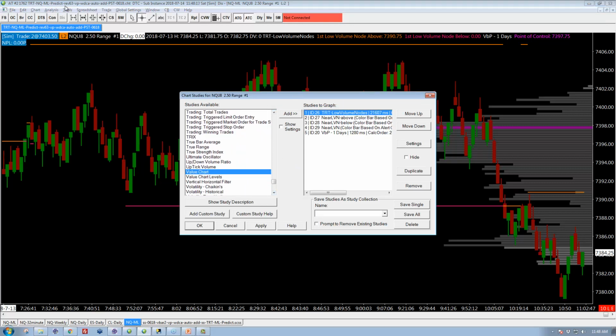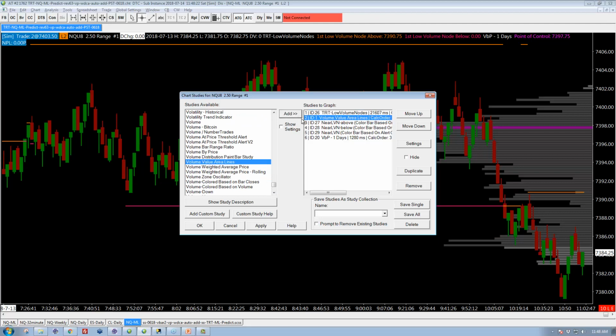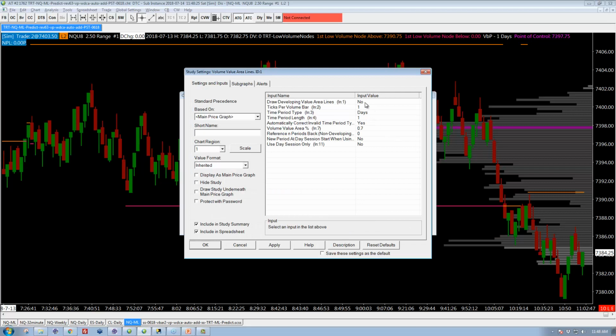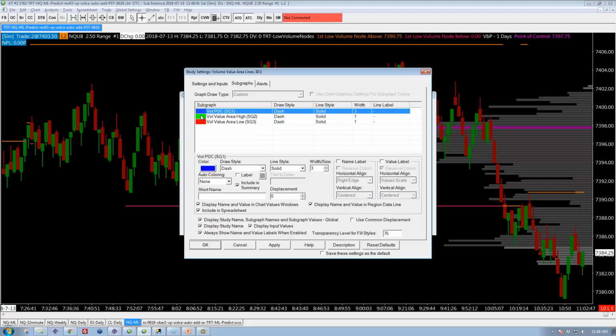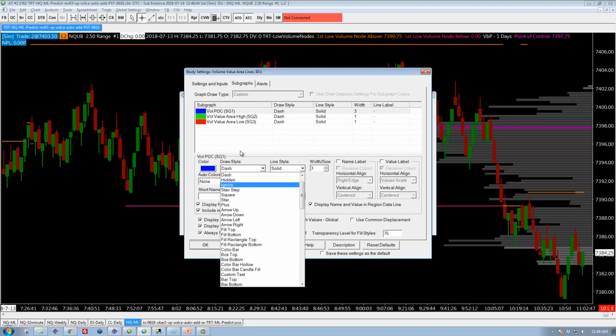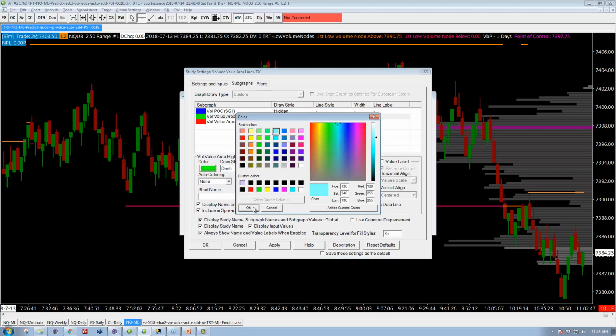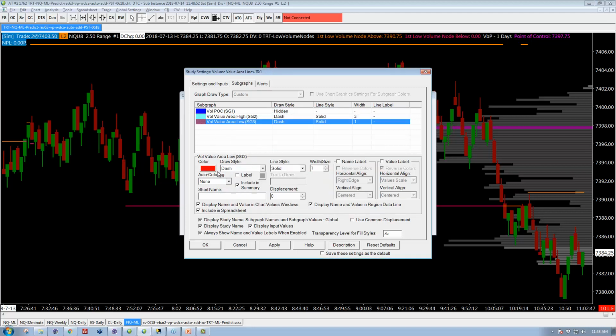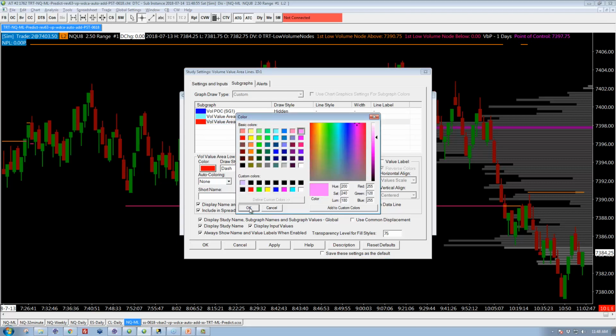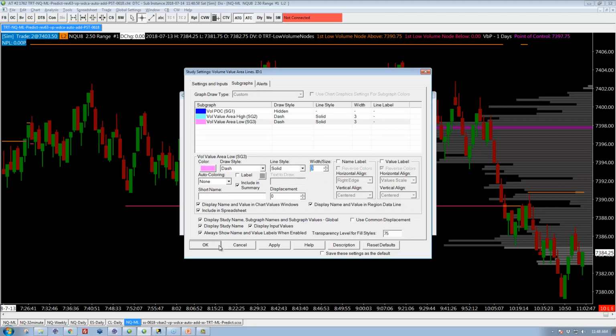This is the instance 2 of the Sierra Chart, so it's keeping it away from the production. We want volume value area lines here, and then let's look at the settings. Draw developing value lines, yes. Ticks 1. Time period days 7. Okay, and then let's change the subgraphs here. So let's ignore that, and let's make this blue, as I had earlier, and then I had this like a pink color. Okay, so this is